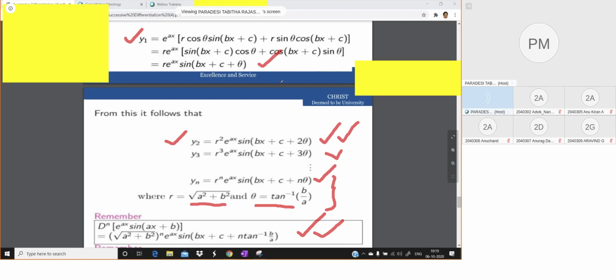And then again, you will go for that substitution. a equal to r cos theta, b is equal to r sin theta. Then you will see sin a cos b plus cos a sin b coming. You will add up again sin of a plus b. And earlier you had 1 theta. One more time you will have a 2 theta. Another theta will come. So that is why you will get a 2 theta with that substitution.